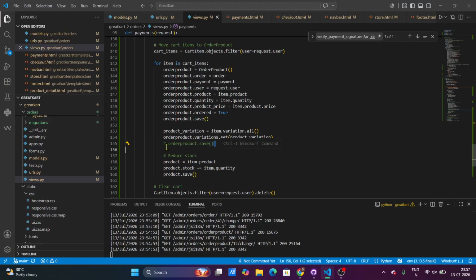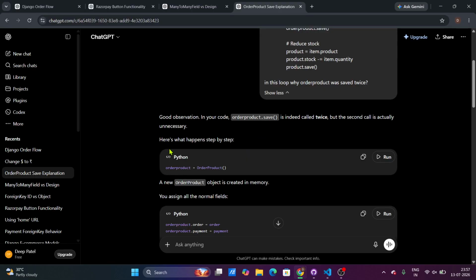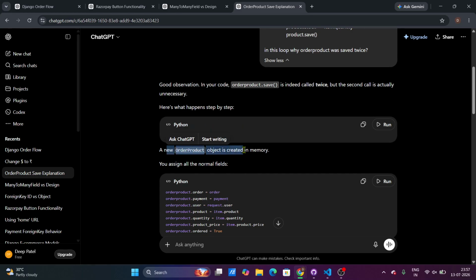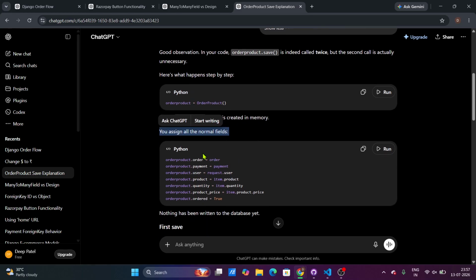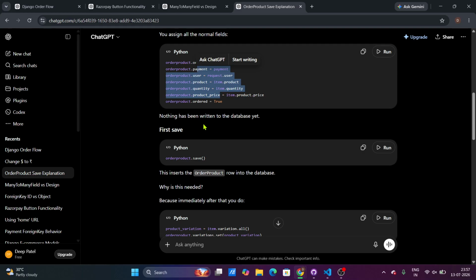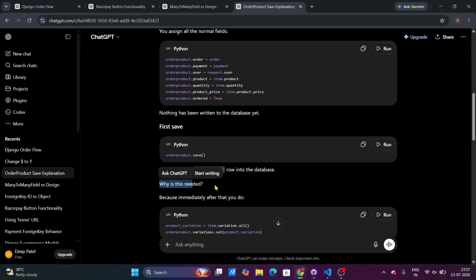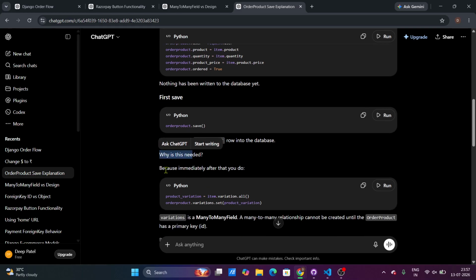Actually this second call was unnecessary, but why it comes before setting the value, let's see. Step by step, a new object is created and you assign all the normal fields. Nothing has been written to the database yet. First save, order_product.save, inserts the row in the database. Why is this needed? Because immediately after that you do